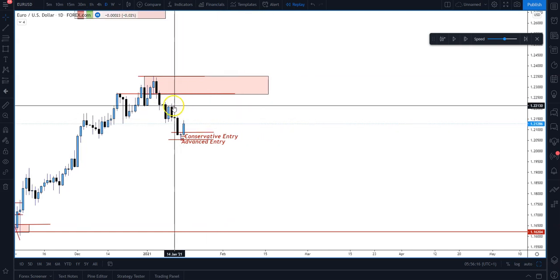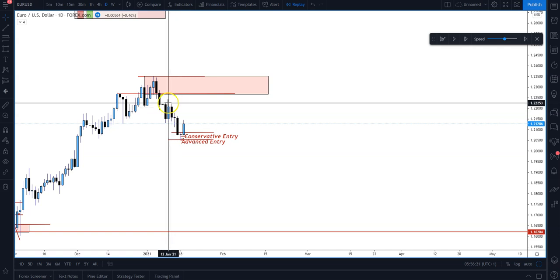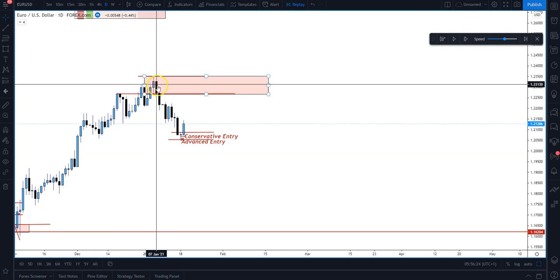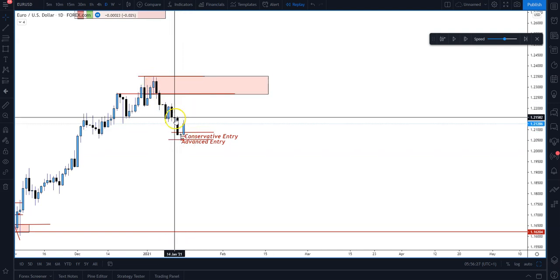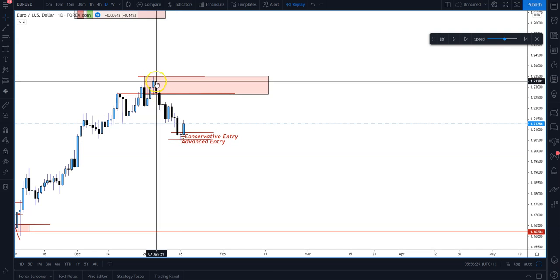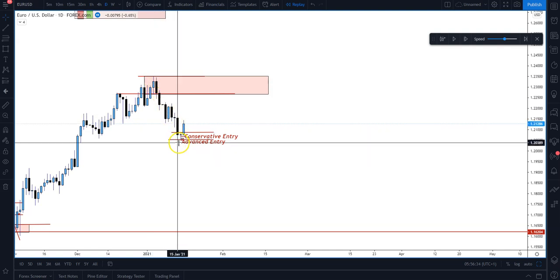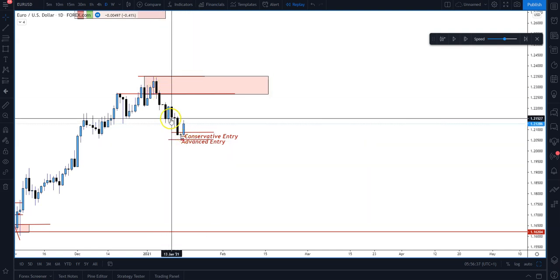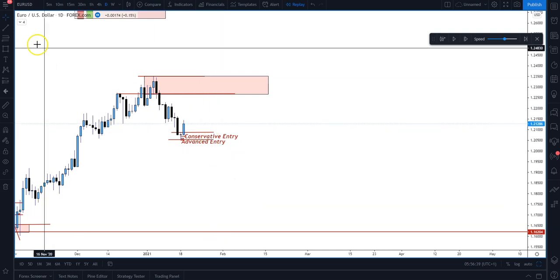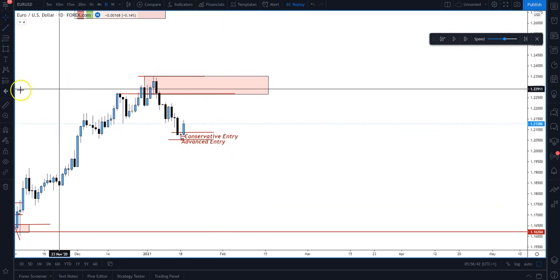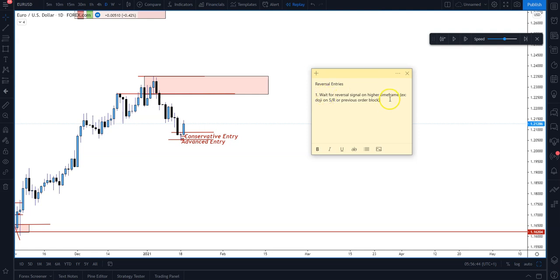So this is beautiful though. It's very beautiful because now what we have is an actual move. We have an actual impulse. So it's giving us clearance to actually use the Fibonacci to figure out where this is going to reverse and how far down it's going to go. So if we go back to reverse entries, wait for a reversal signal on a higher time frame. Example, doji on support resistance or previous order block. And then